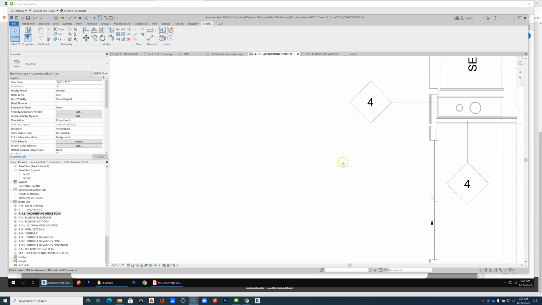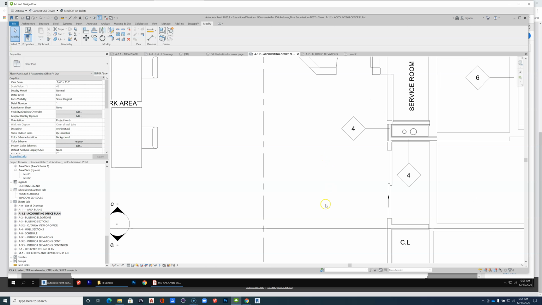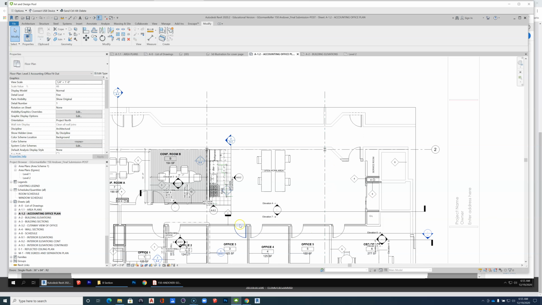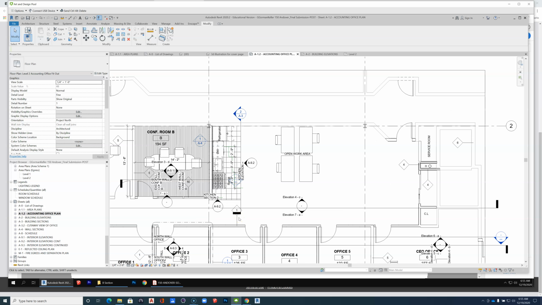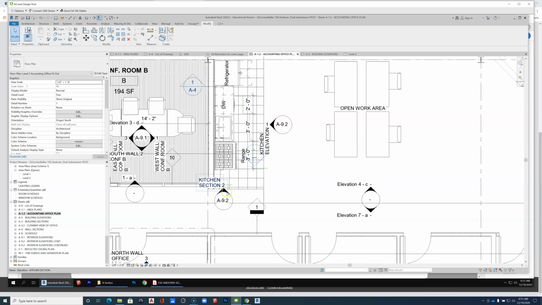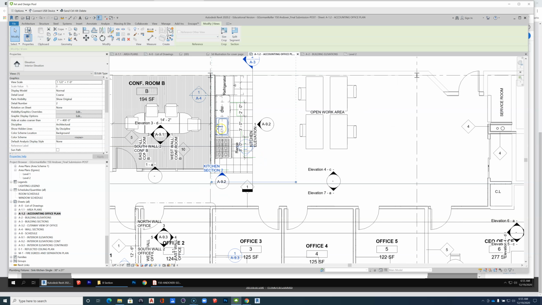So assuming we're going to fix the rest of, let's get the elevation symbols in order, right? So this kitchen section that's labeled kitchen section, in order for it to actually be the section through the sink, which is what we want, that scope line has to be moved to the sink. Then when I go to that view,